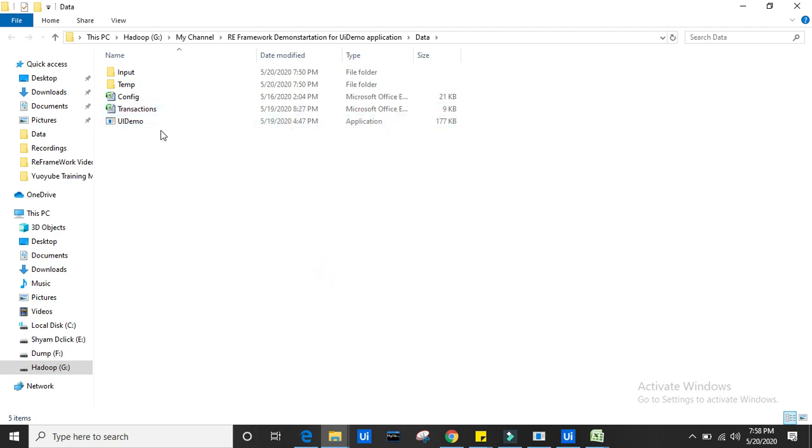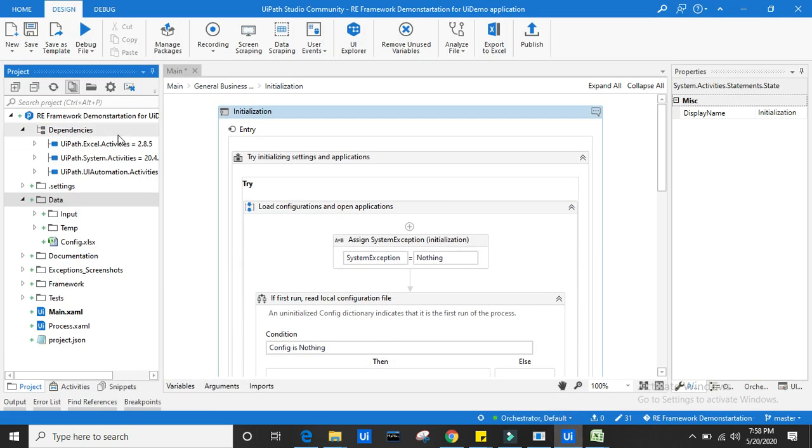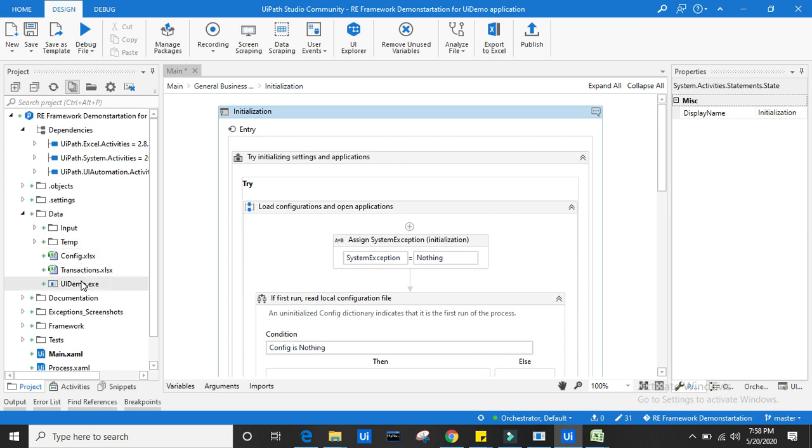You can keep the transaction data wherever you want on the computer, but you should give the proper path. Same with the UI demo application. Now let's refresh this. You can see the transaction data as well as the UI demo application exe file are under the data folder.